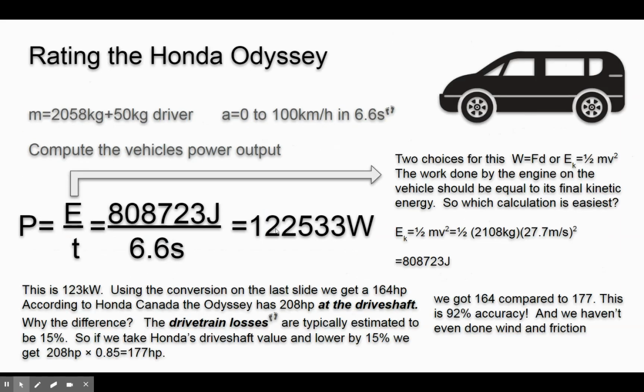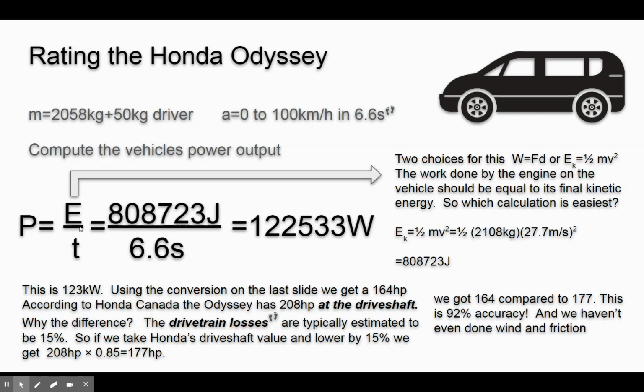So let's turn our attention to a Honda Odyssey again. We want to figure out what the wattage of this car is. So when I look up the mass of my Honda Odyssey, that's the mass of the vehicle. This is the mass of a driver. We'll combine them. And according to Car and Driver magazine, in my footnotes, I like my cute little symbol, the Honda Odyssey went from 0 to 100 in 6.6 seconds. There's a Car and Driver quote. So that's not Honda, that's an independent agency did this.